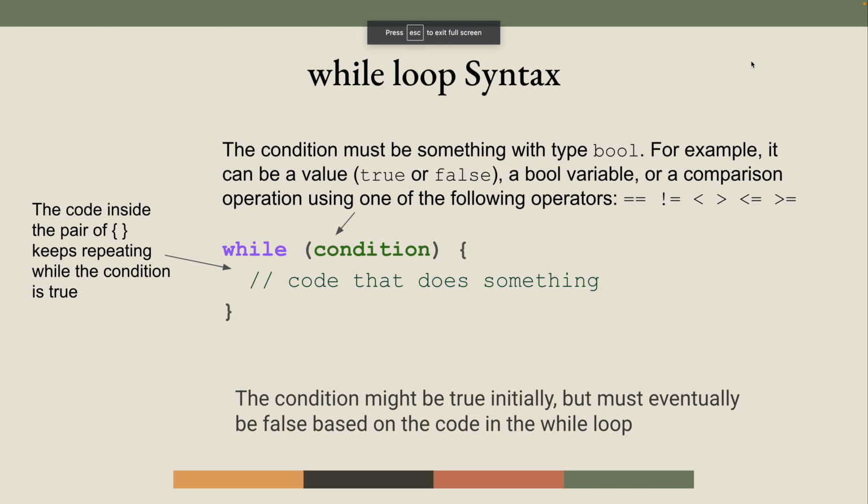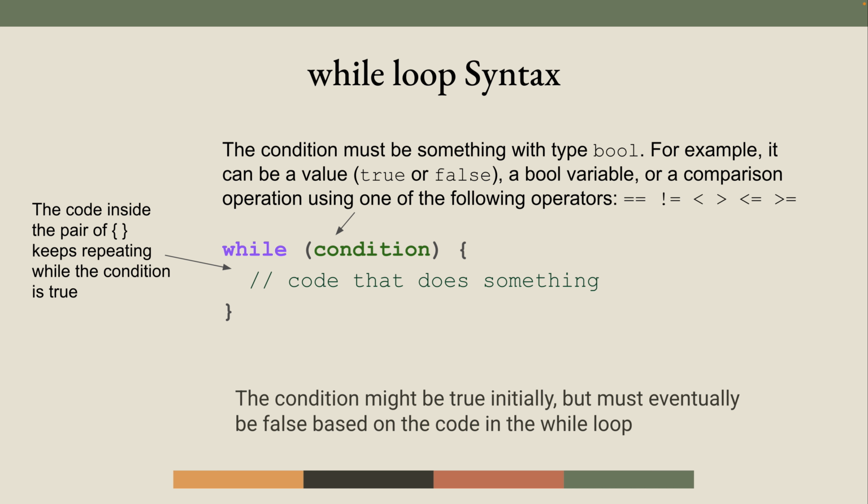Okay, so putting up the slide again, because I think repetition helps. While loop syntax, I think most students are getting the syntax correct, but you put the keyword while, whatever condition in between the parentheses must come out to true or false. And then any code inside of the curly braces, it's what will run. I've seen some students put some of their while loop code outside the curly braces and then wondering why it's not repeating. You need the code to be inside the curly braces if you want it to repeat while the